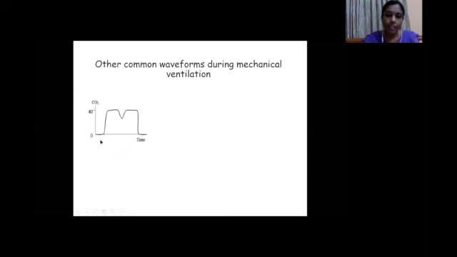The next capnograph trace here, again the baseline is 0, upstroke, plateau, and downstroke are okay. But in the plateau phase, we see a dip. That indicates that during the expiratory phase, the patient is trying to inspire. This is called a curare cleft. The patient is probably coming out of muscle relaxant. You may have to top up the muscle relaxant.